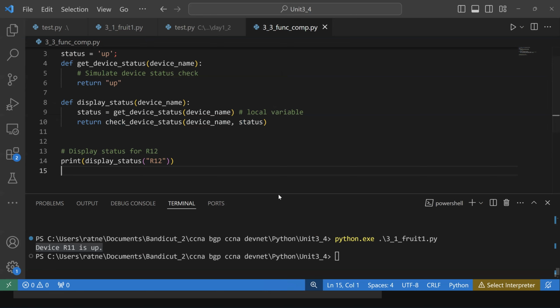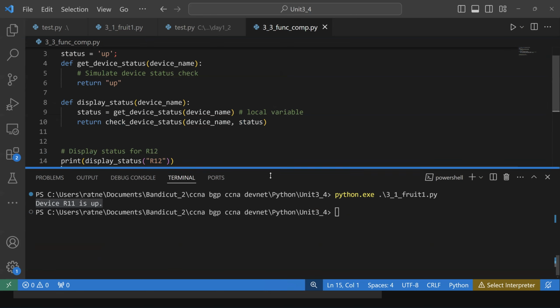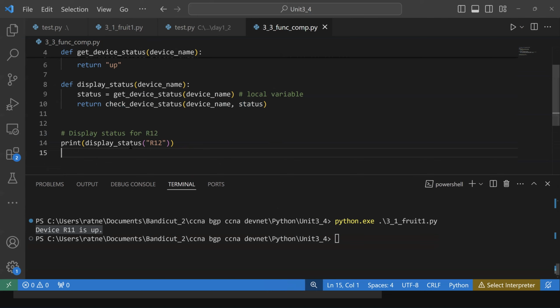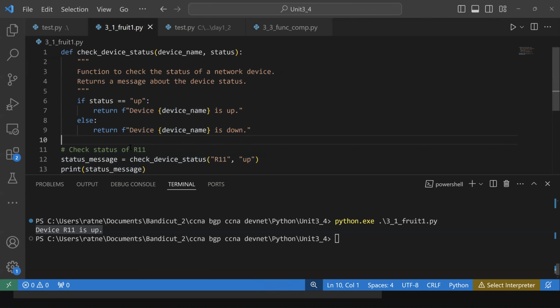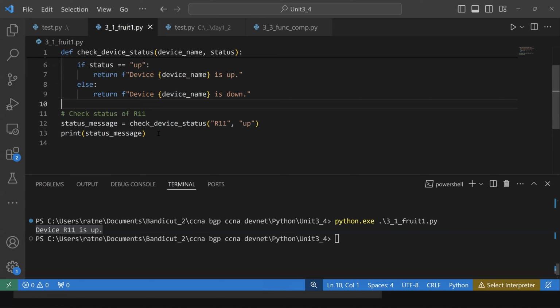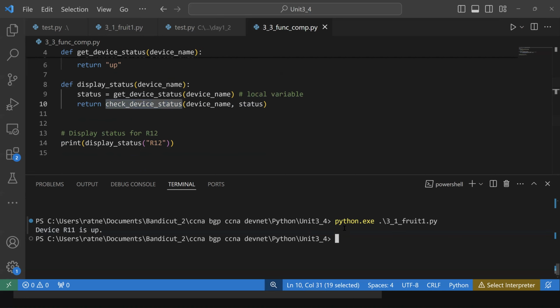So let me go and run it. What basically it will do is print the device status, because you have only one print statement and that is there in this program only. You don't have a print statement anywhere else. So once we go and run this program,